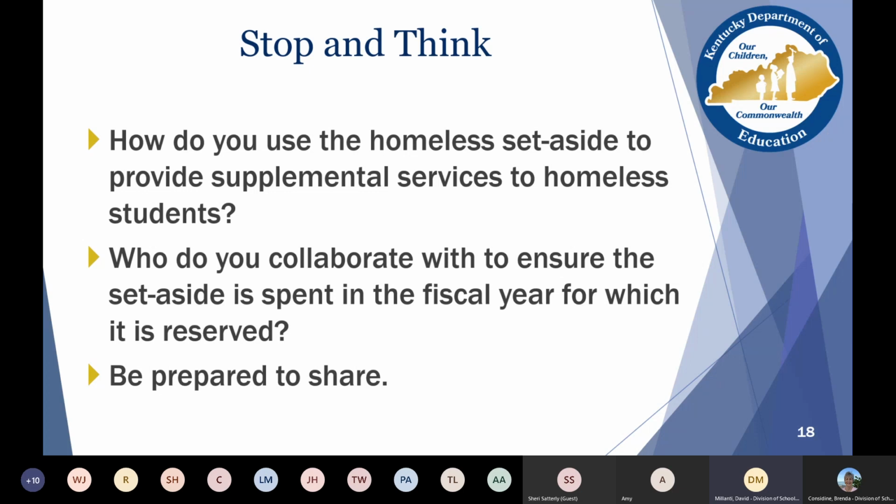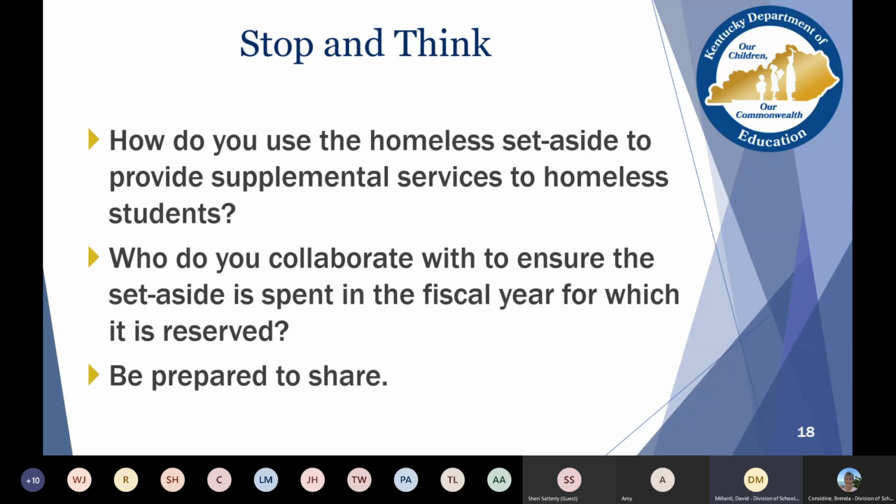That homeless liaison is also going to be talking to people in the community, so community partners, which may be shelters or service centers of some type. That person is talking to homeless students' parents, or maybe even homeless students themselves, particularly if those children are classified as unaccompanied youth. Essentially, they have nowhere to go. They don't have a home to go to.